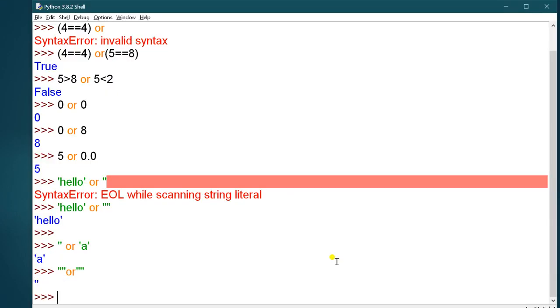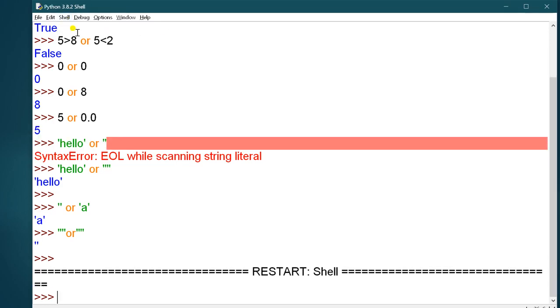Now it will check, for example, again I am writing 5, this 4 is equal to 4 and 5 is equal to 8.